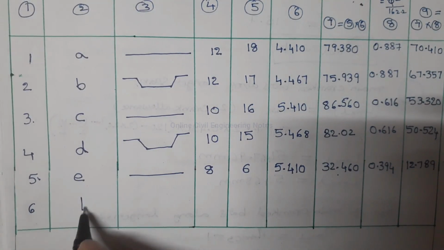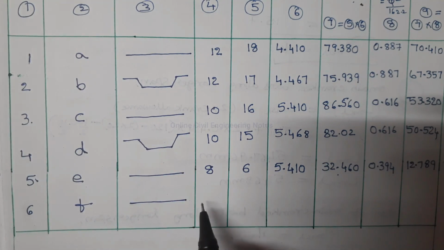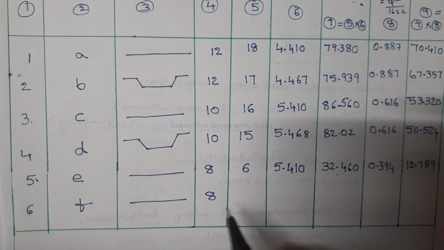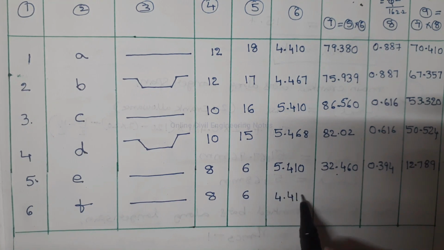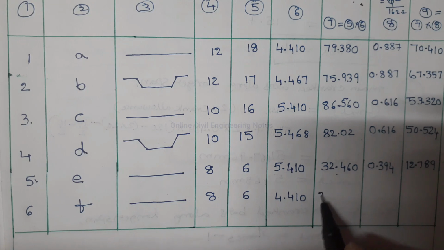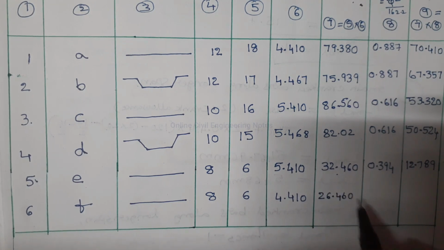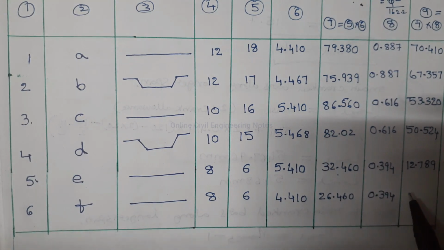Last bar is hanger bar along the longer span. Diameter 8 mm. Number of bars 6. Total length of hanger bar is equal to length of main straight bar in the shorter span, which is 4.410 meters. Total length 6 into 4.41, 26.460 meters. Weight per meter length is equal to 0.394. Total weight is equal to